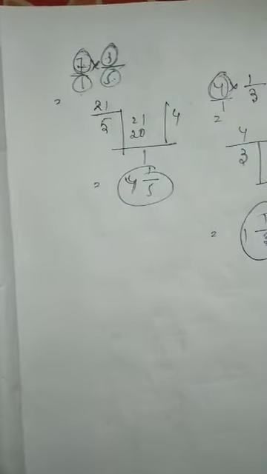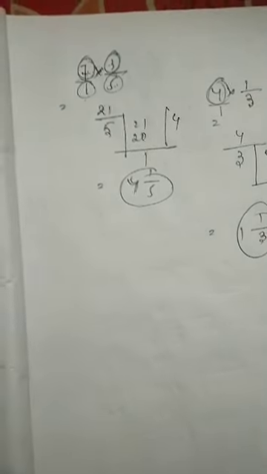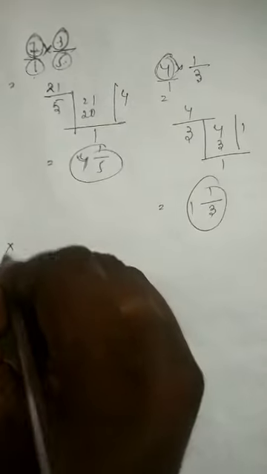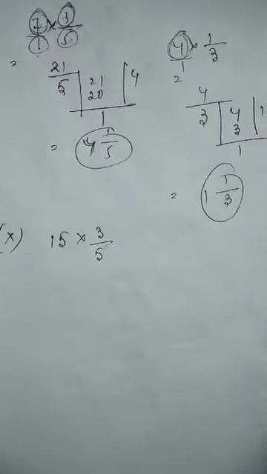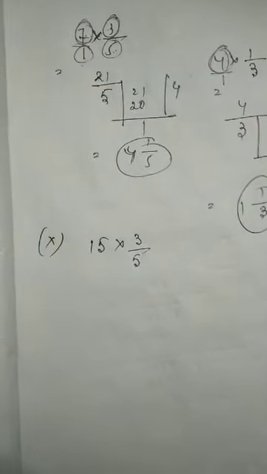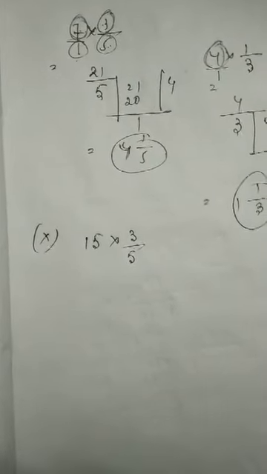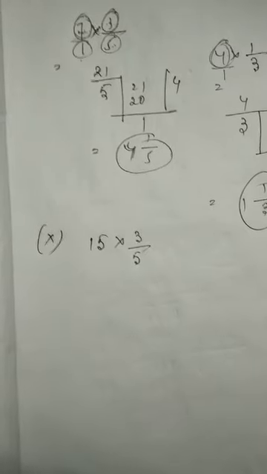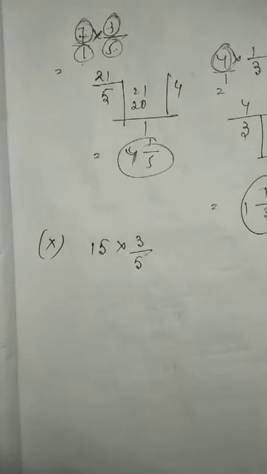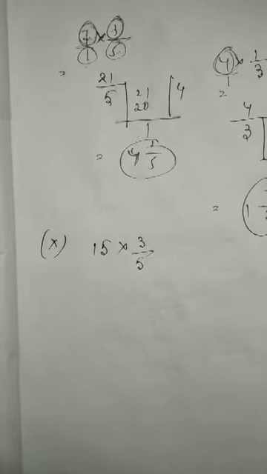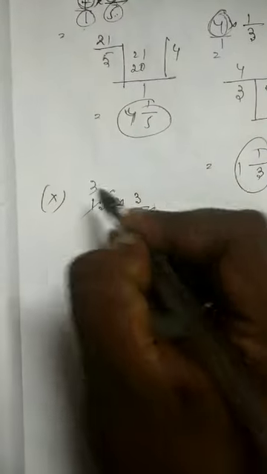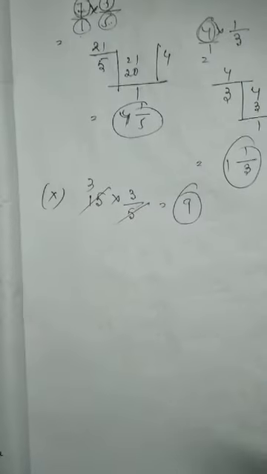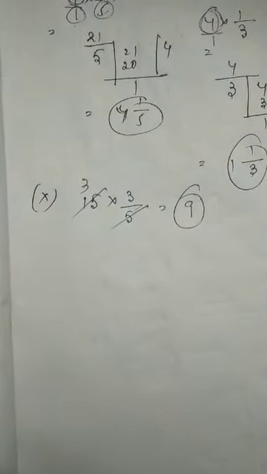Next number is, suppose, 15 into 3 by 5. We have got 15 into 3 by 5. Children, I'm picking up these questions randomly because all these questions are pretty similar. So this is what I want you to go for on your own. You should practice all this, and the process is just absolutely whatever is being shown in the video. So 15 and 5, 5 threes are 15. 3 threes are 9. 9 can be kept as 9 by 1 or 9. 9 is a complete whole number. So there is no problem as such.